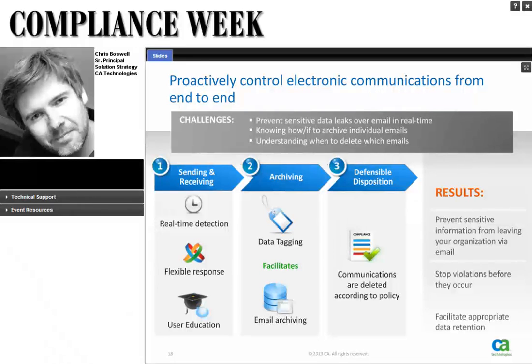On the archiving side, once the message is sent, if you're inspecting the content and you know that the content is attorney-client privilege, you would, in a perfect world, tag that message as attorney-client privilege. Downstream, when it shows up in the archive and people are creating cases 6 to 18 months from now, they can look at the case and easily identify messages that might be attorney-client privilege, so they can exclude those from the final legal matter that's being turned over to the third party.